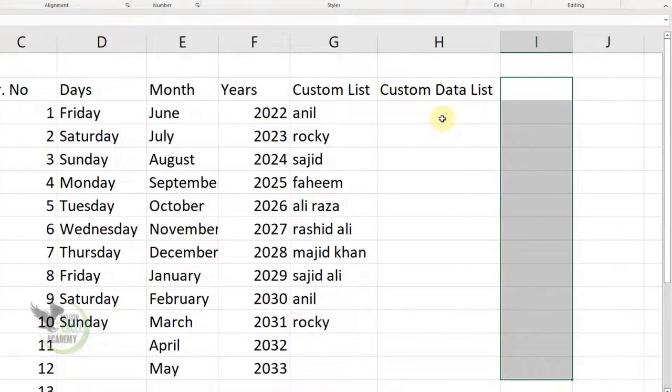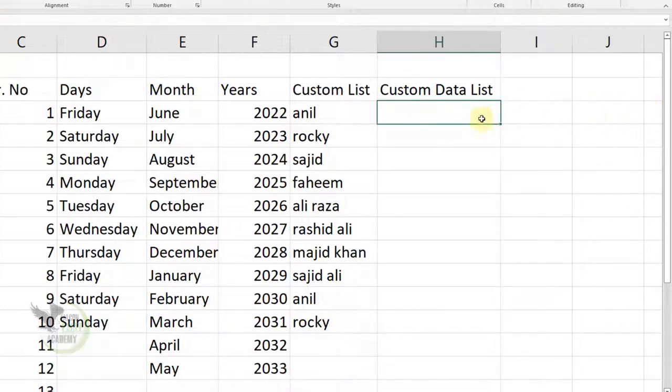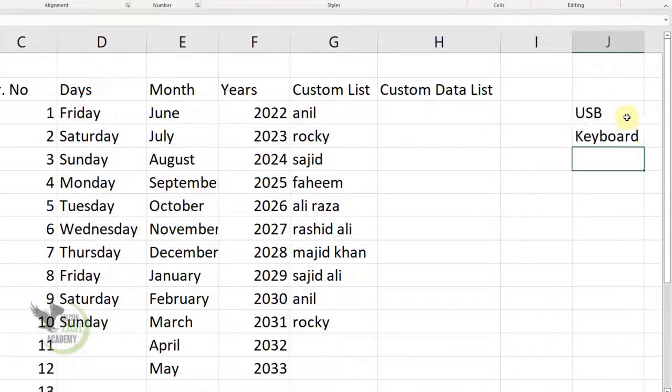And now we are going to learn the second command, which is how to create a custom data list if you want to make a list here. That is, as soon as you click here, your list should open right here and not anywhere else. So for this particular step, what we do is write down several different items here in this list, like I have typed USB flash drive here, then the keyboard, then the mouse, then the computer monitor, then the